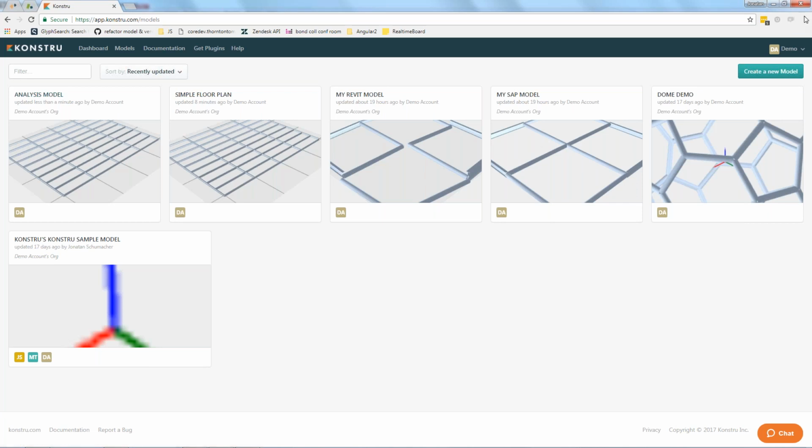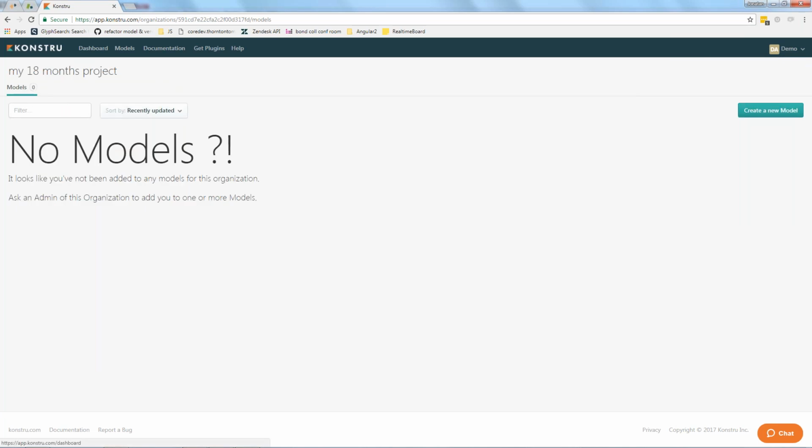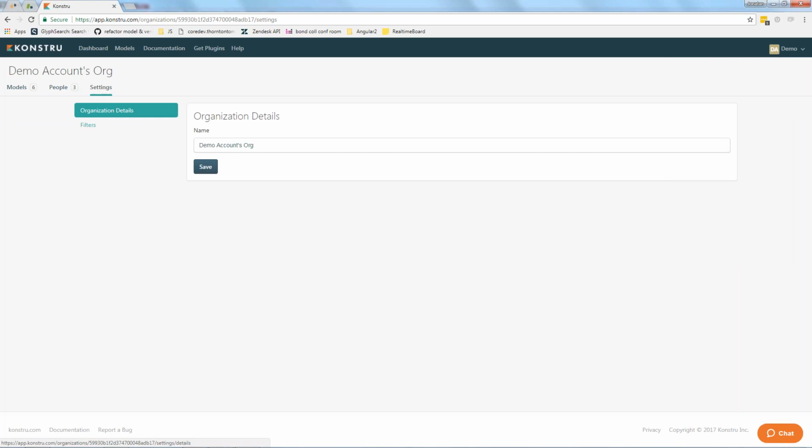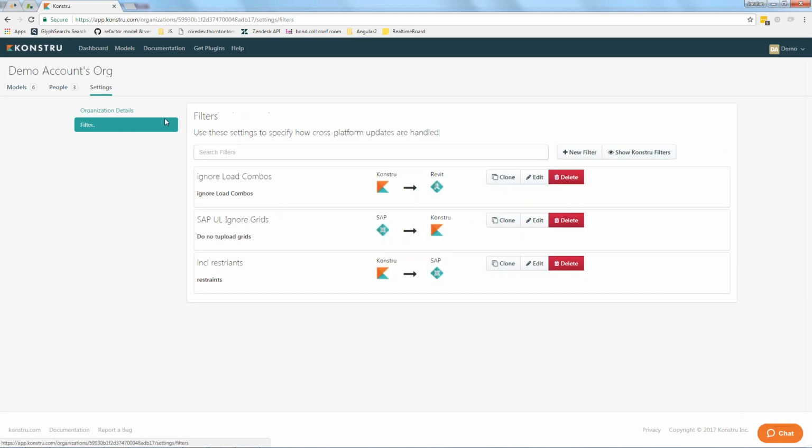That's nice. Can you quickly show the filter settings so we just see them if people have? Yeah, of course. So if you go to your organization, and then this is, I guess, not my organization. Sorry, I went to the wrong one. If I go to my demo account, organization, and then under settings, you click filters, and in here you can,